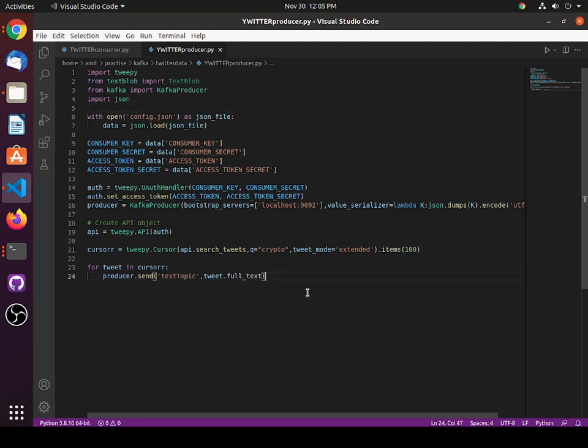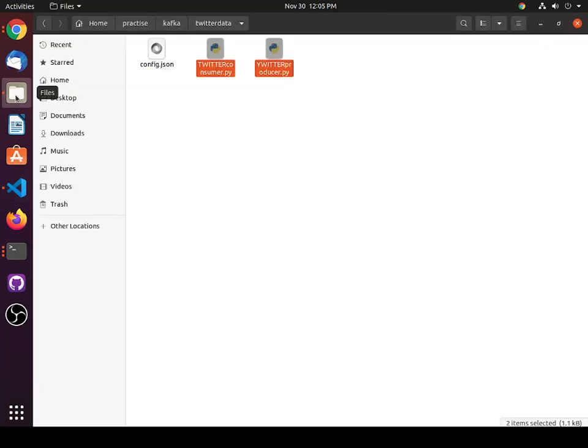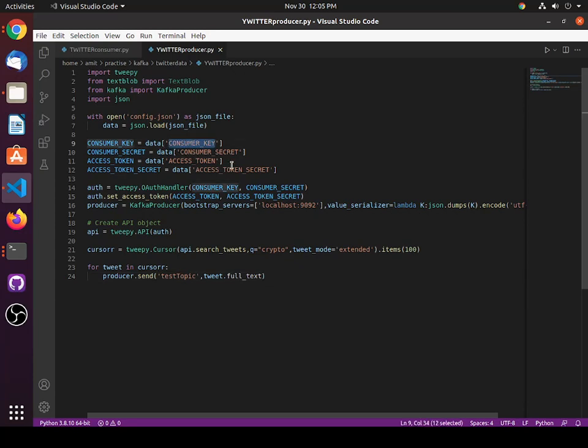Right now, I have created this config.json file. I'm not going to show you because it contains my consumer key, consumer secret key, access token, and other valuable data which you should not share. You will get this from the Twitter developer account, and then you can stream the tweets from Twitter. These are the steps you need to authenticate and get the access token.